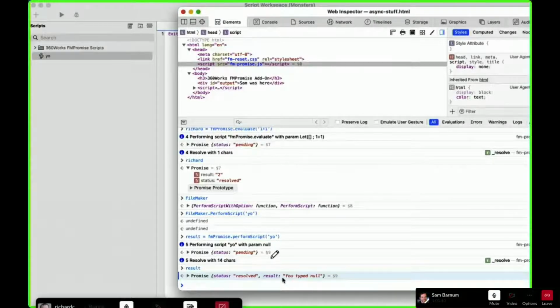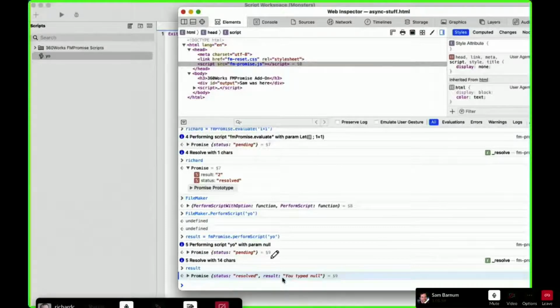Okay. So you could do a whole bunch of these. So FileMaker's doing these, and then where is it stacking them? Obviously, it's getting the results, so it's stacking them somewhere. Where's the stackage? It's like a mailbox. I have to go get my mail. So how do I get my mail? Yeah, great. You got it.